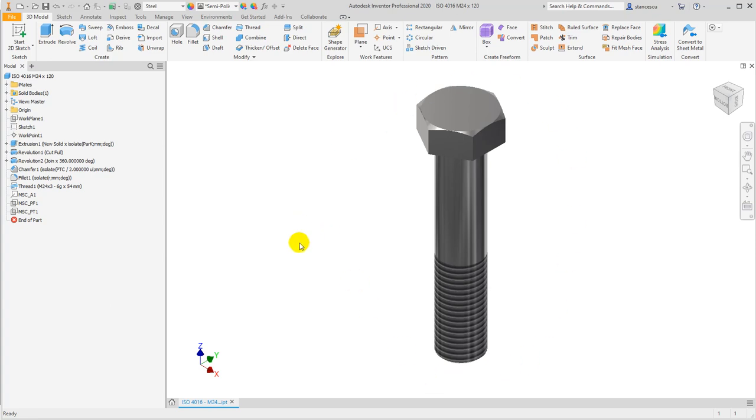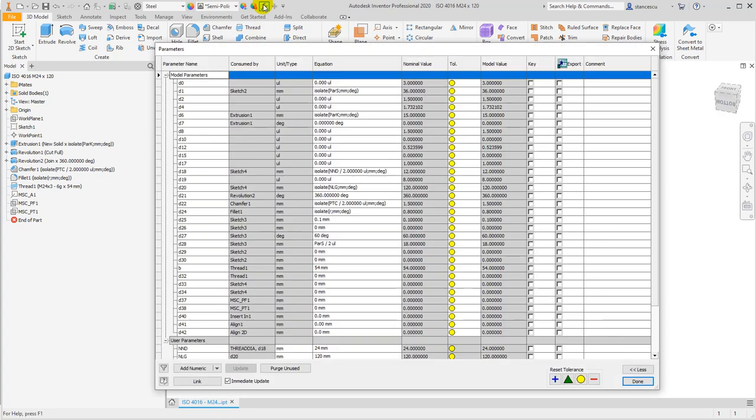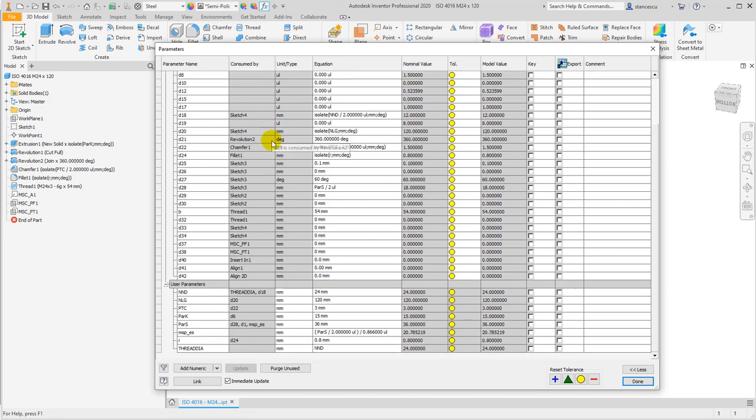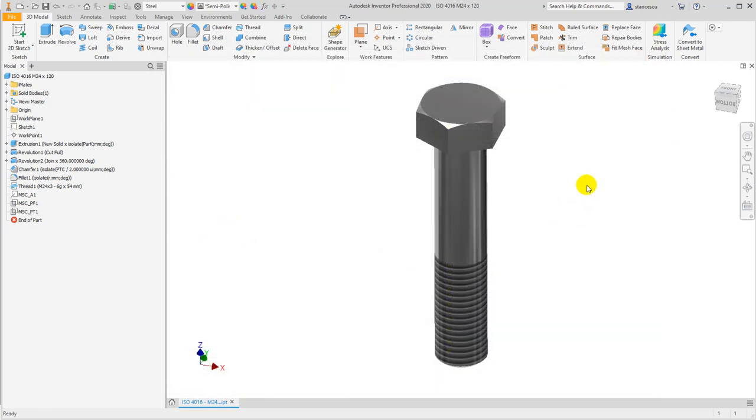This is the result. It seems to be like ours, but if you open the parameters tab, you can see a lot of details here. Just look at them. You see there are some definitions. 24 is ND, 120 is NLG, and they are used in the regular parameters. You know something about this from our previous tutorials,